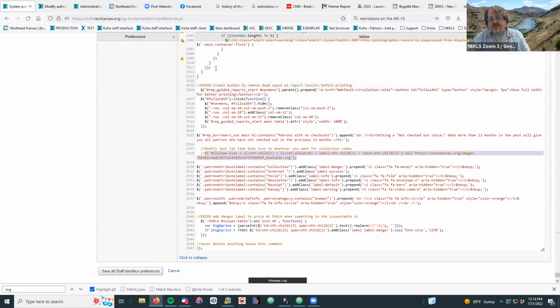It replaces the value that's already there with whatever value you want to plug in there. And it's just the very last one on the